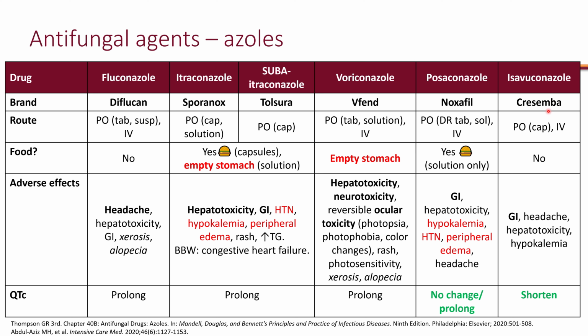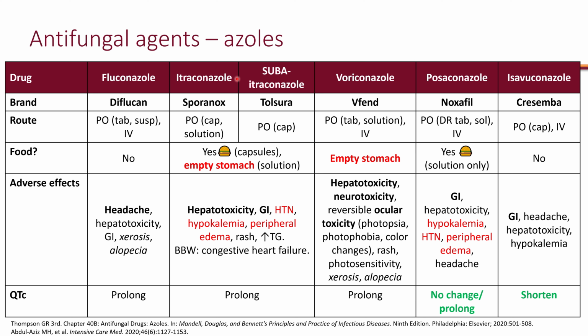And the newest azole is isavuconazole, or isavuconazonium sulfate, which is a prodrug, but it's available as PO and IV. It can be taken with or without food, and it's very well tolerated. There are some GI adverse effects, and the mechanism for hypokalemia is still there. Interestingly, isavuconazole can actually shorten QTc, so it's the opposite of the rest of the azoles, but much better